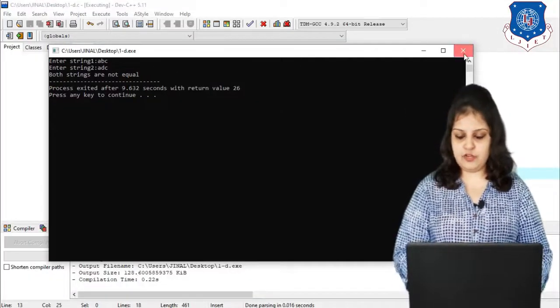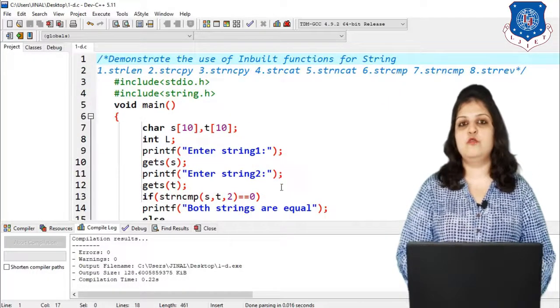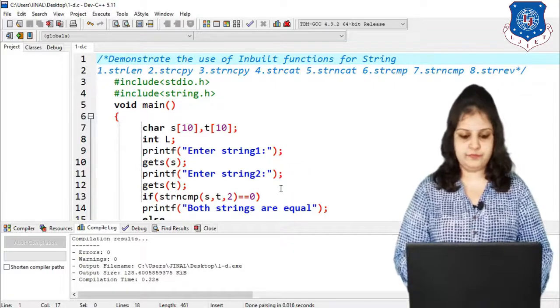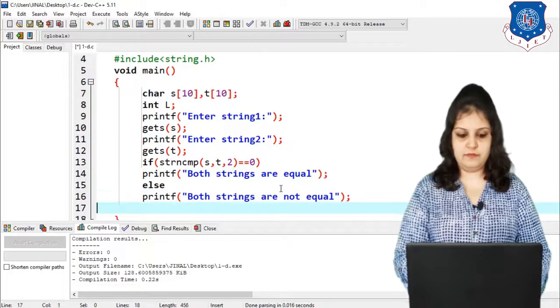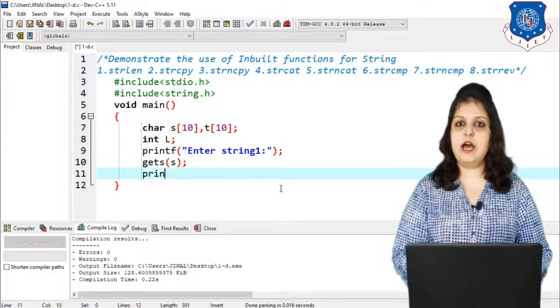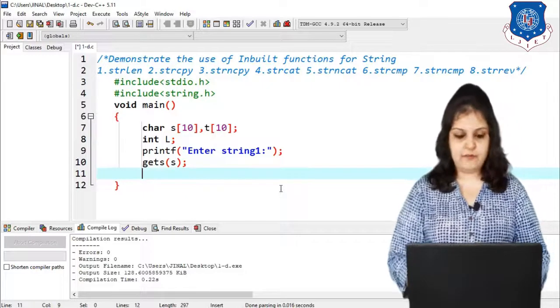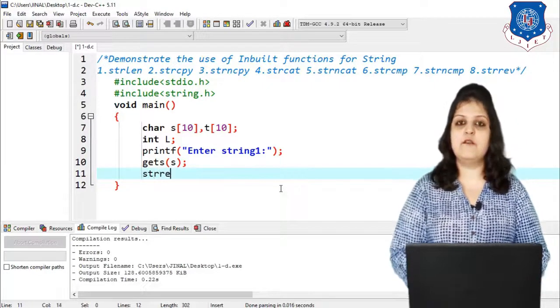And our last function is strrev. strrev is used for string reverse. So just remove all this part. And how can we write strrev? Write strrev and in brackets our string name.